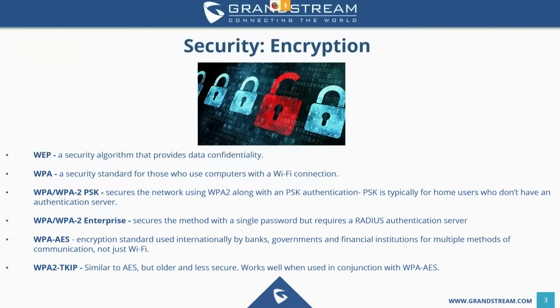I'm just going to highlight this real quickly. Those of you that have used the GWN series have seen these various encryption technologies within the web user interface. This is just to point out that we support these 6 major Wi-Fi encryption security technologies. Just a basic example there of what they're for, and once we get into the technical part, you will see, going through the web user interface, the ability to implement these various encryption technologies,